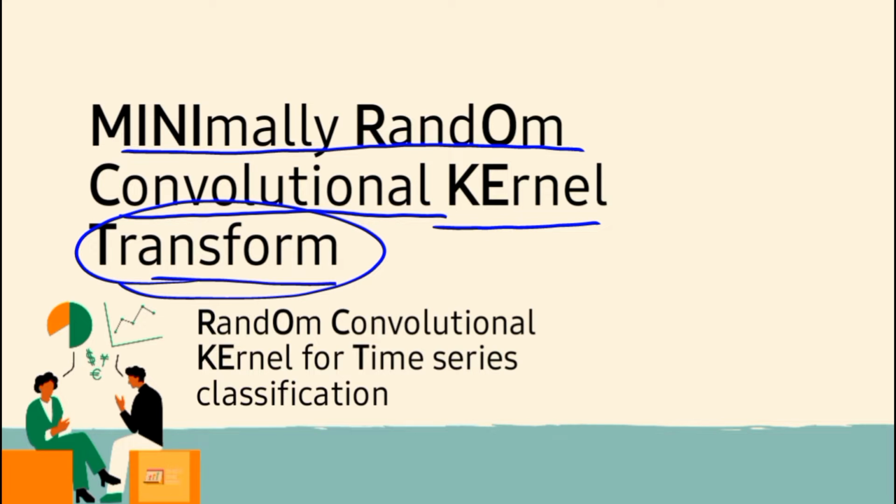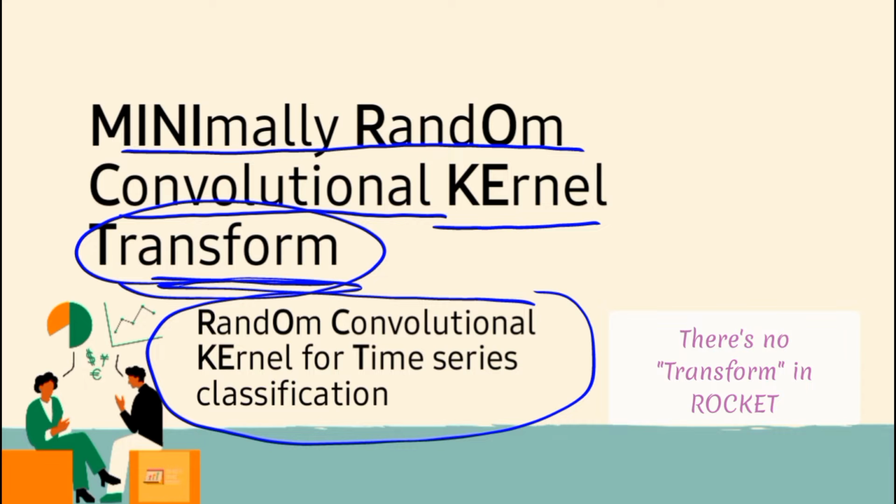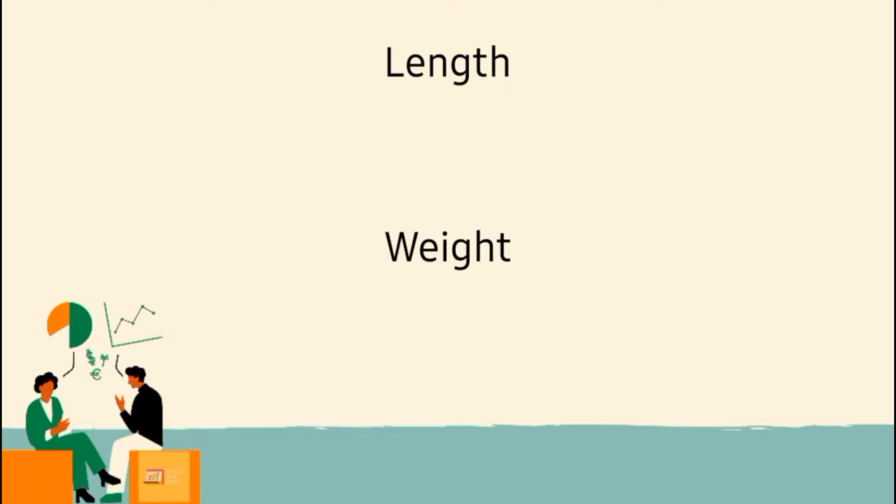Even though this word transform only occurs in MiniRocket and we don't see that in Rocket, the purpose of MiniRocket and Rocket is the same, which is to transform time series to non-time series data and use that transformed dataset to train a classifier. In the papers of MiniRocket and Rocket, they use a linear classifier, or more specifically, ridge regression. But we will see in the coding section that we will use gradient boosting. Now let's see how MiniRocket eliminates almost all randomness from Rocket. MiniRocket can do that by